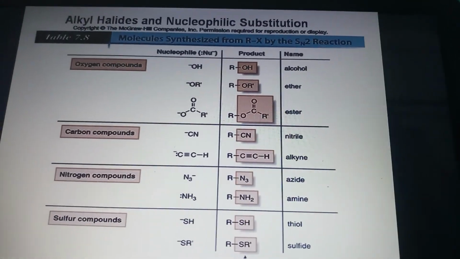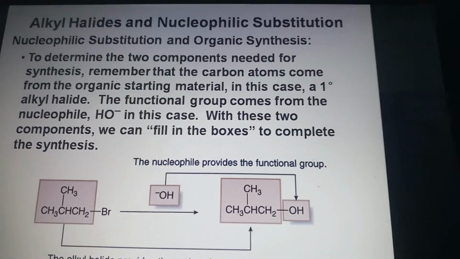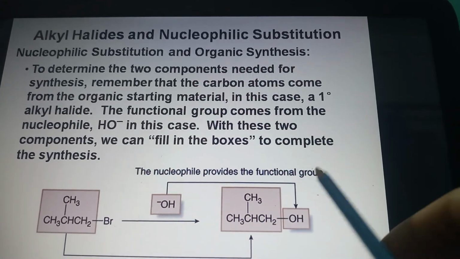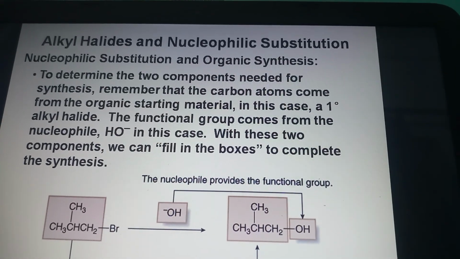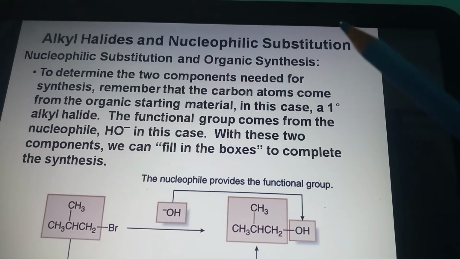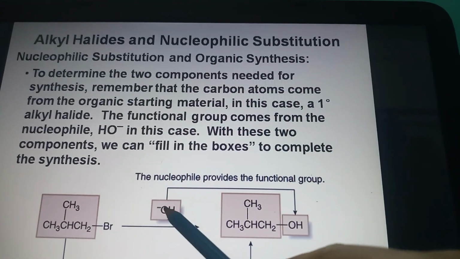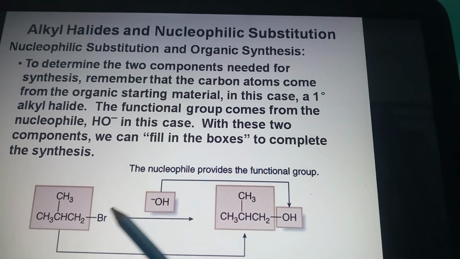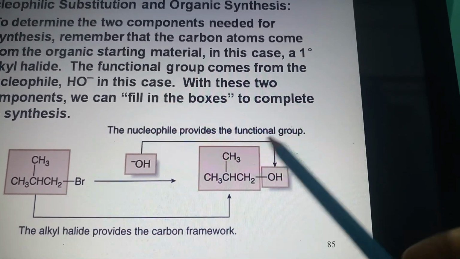So let us see. We should break our product into two halves, as we know that two components are needed for a synthesis. Remember that the carbon atoms come from the organic starting material, in this case a 1 degree alkyl halide, and the functional group comes from the nucleophile, OH minus in this case. With these two components, we can fill in the boxes to complete the synthesis. As you have seen, these are our starting material and nucleophile forming our